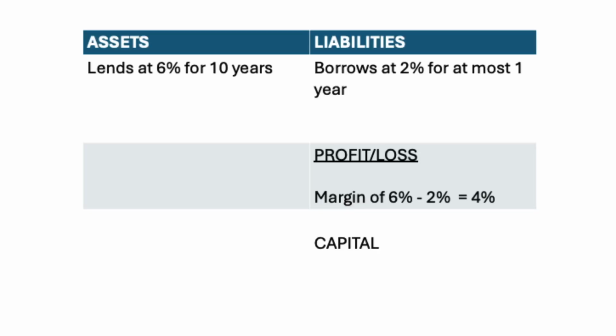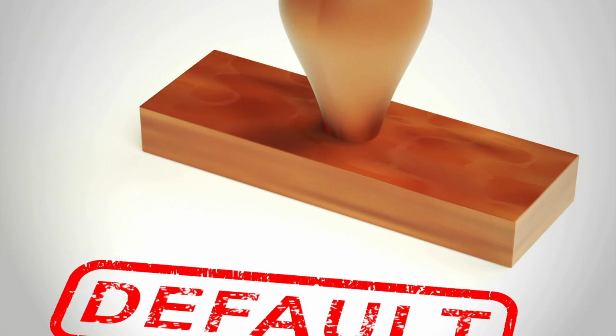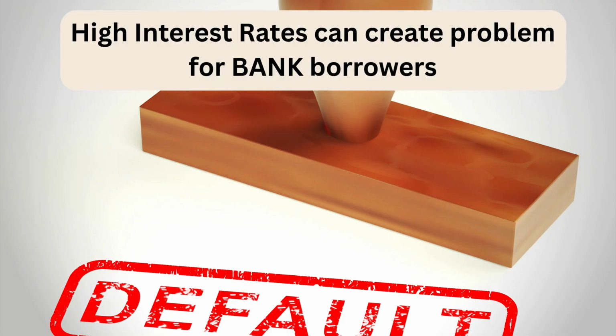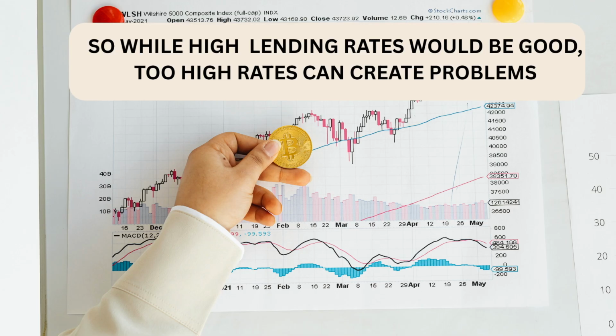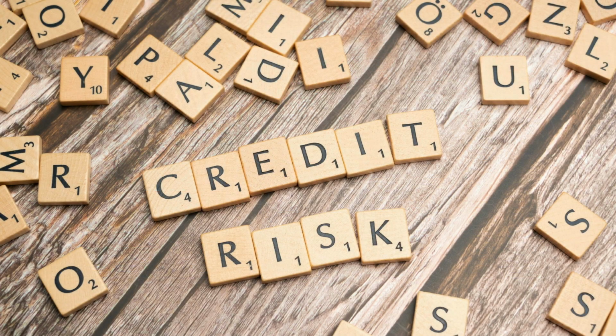Eventually, in the long run, rates on assets do catch up and the margin might revert to the situation prior to the rise in interest rates. And it would look like this. However, if interest rates start going up too much, some bank borrowers might default and walk away from their loans. So there is an issue of credit risk here, meaning while higher rates on the asset side should be good for the bank, too high an interest rate might mean defaults and the inability to recover funds and earn money on these loans. So here, while interest rate risk is the main risk, there is credit risk at play here as well.